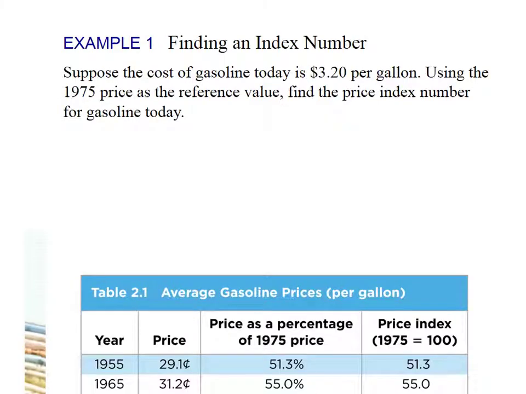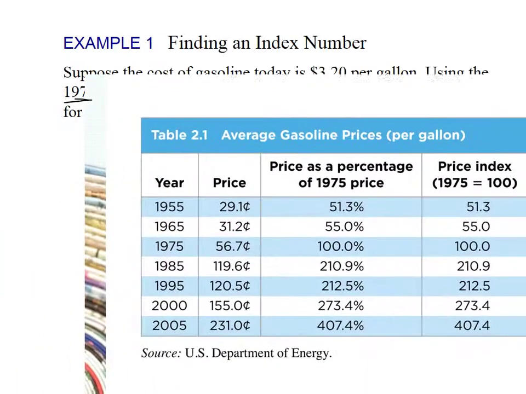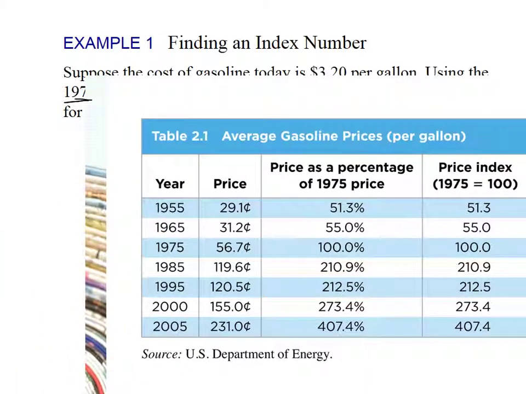Okay. So we're going to actually do this one example now. So they're telling us the cost of gas today is $3.20. Well, it's not quite that cheap, but we'll go with it since that's the problem. They want us to find the index number based on the 1975 price. So if we take a look at that little table they provided us, we see that the index number for 1975 was